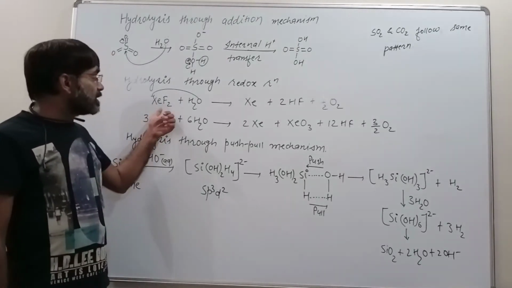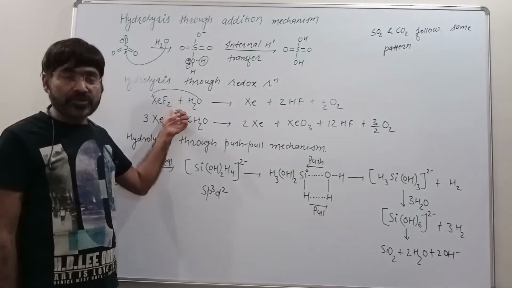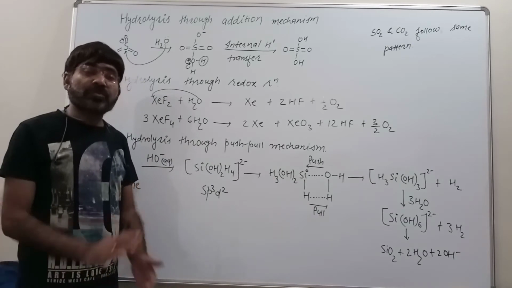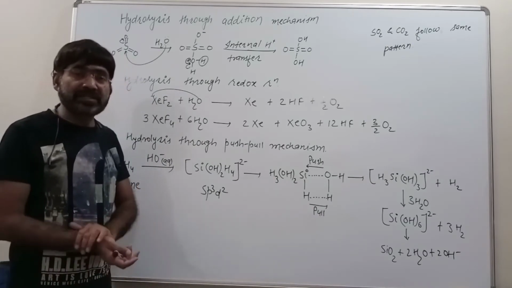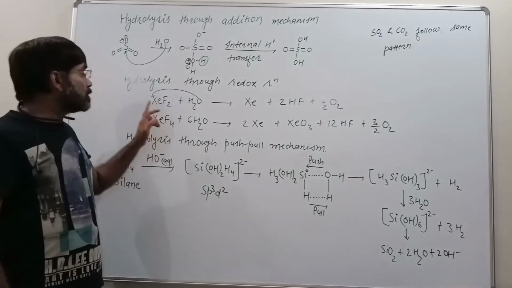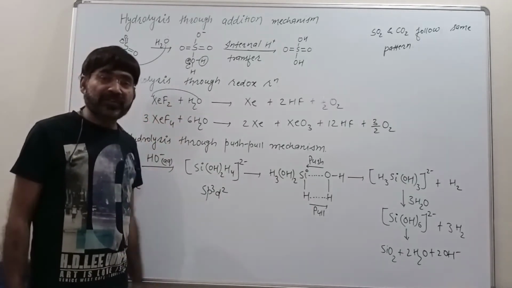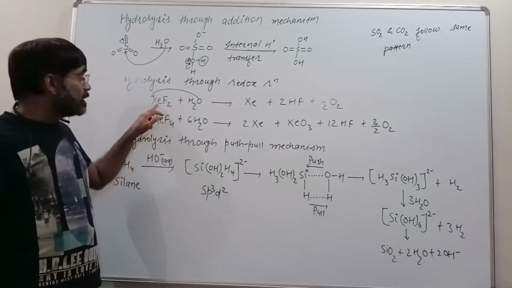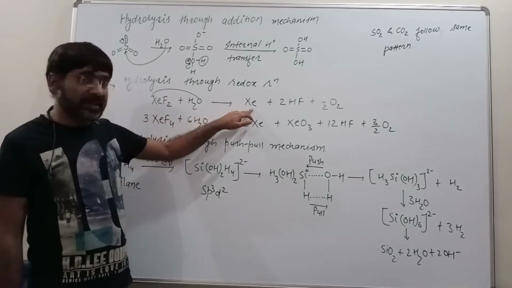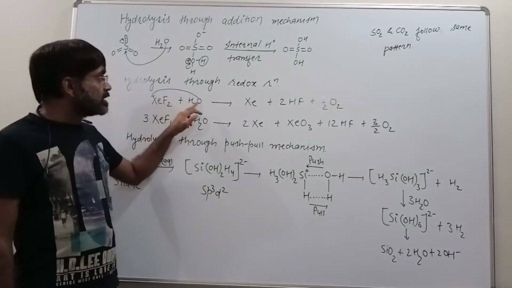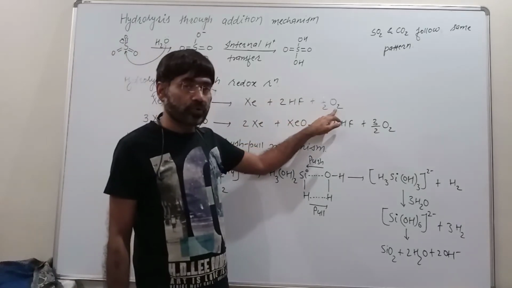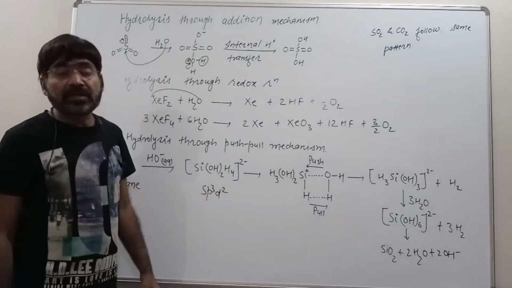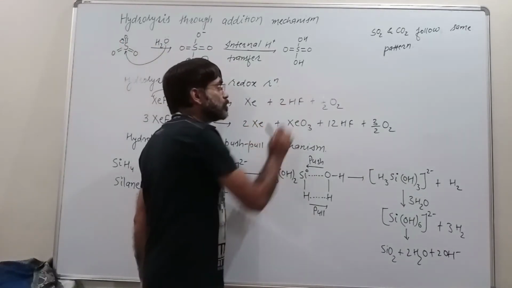F is the most electronegative element, so it tries to remain in a negative oxidation state. Oxidation of F negative is possible only at the anode. No chemical can oxidize F negative. So the only oxidizable substance left in the reaction is O2 negative. So this xenon undergoes reduction to form Xe. It is causing oxidation of O2 negative into O2, the zero oxidation state of oxygen. F negative and H positive were spectator ions, so they combine with each other to form HF.